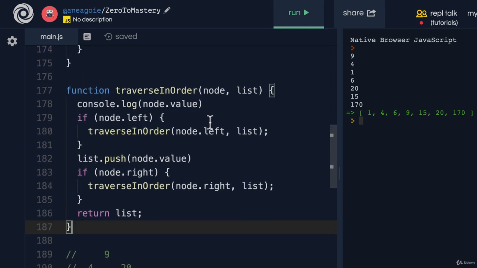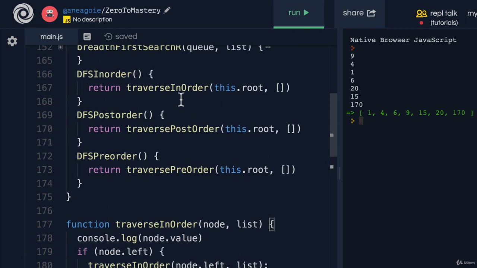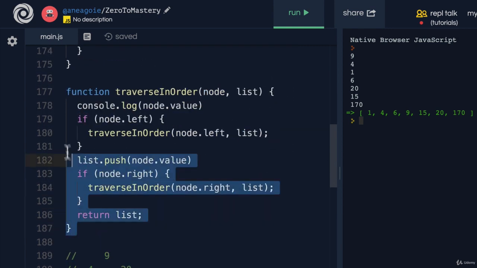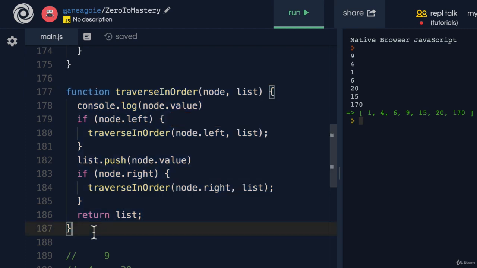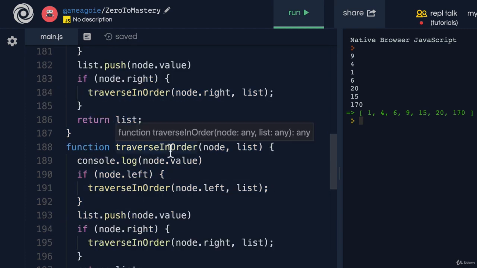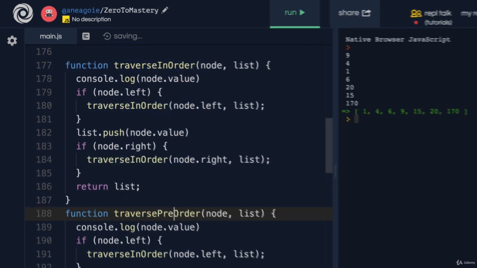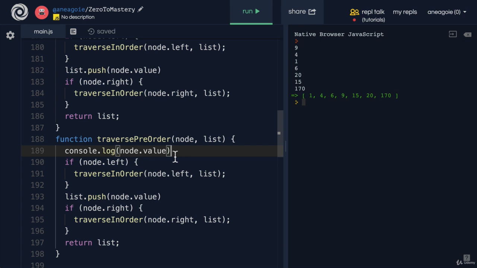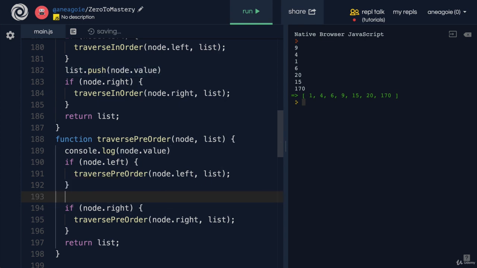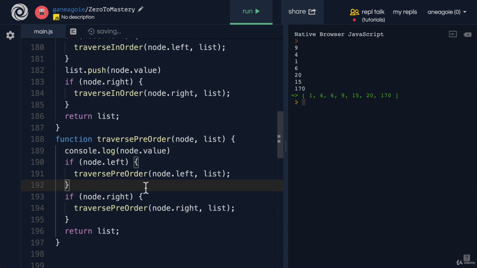Now, the beauty of this is that implementing the other two now becomes extremely easy because they're very similar. Just the order changes. So the next one, which is traverse, let's say, pre-order, the only difference now is that we've got to make sure that we recursively call the right name. The only difference is that with pre-order, we want to push at the very beginning before we get to the